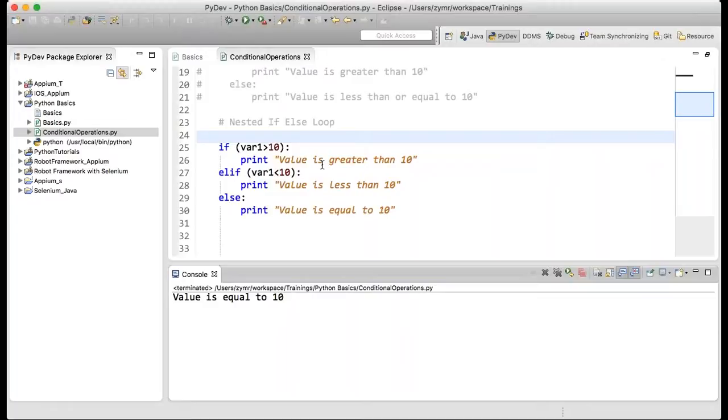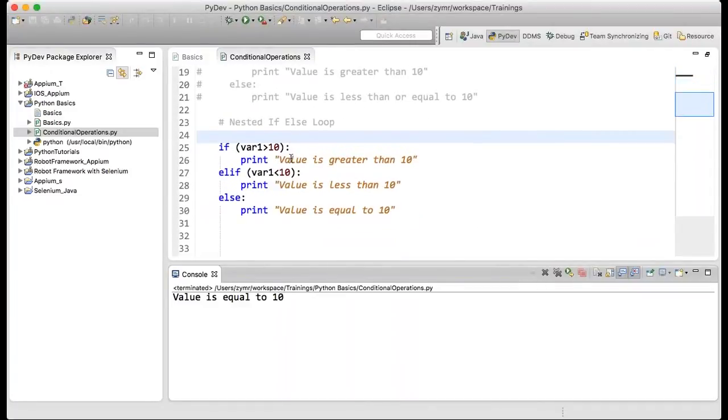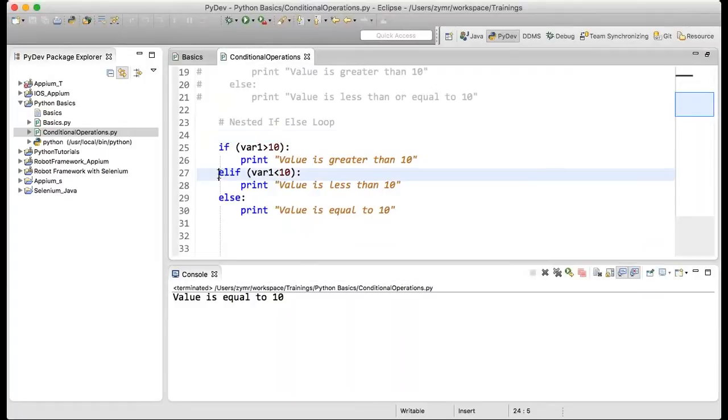So I will try to show you today how to debug the program. Simply we are saying that var1 will evaluate this expression, but I want to see at the runtime what actually Python does, right?